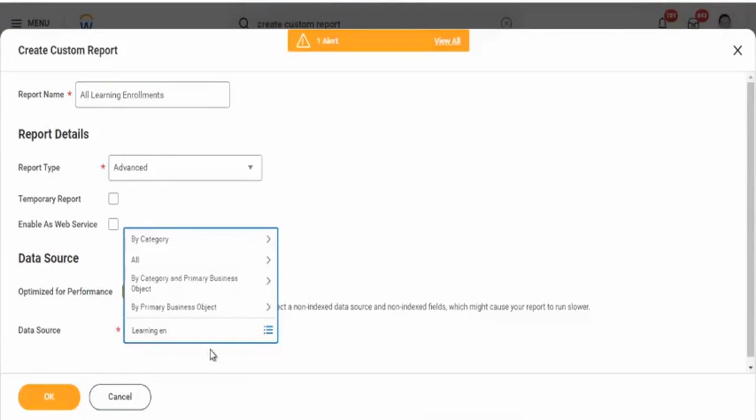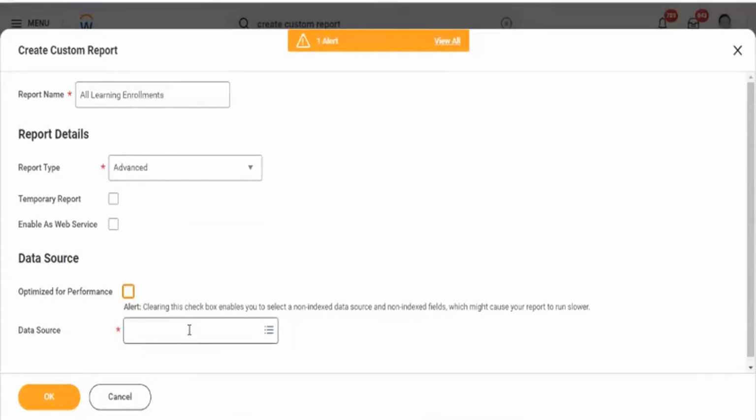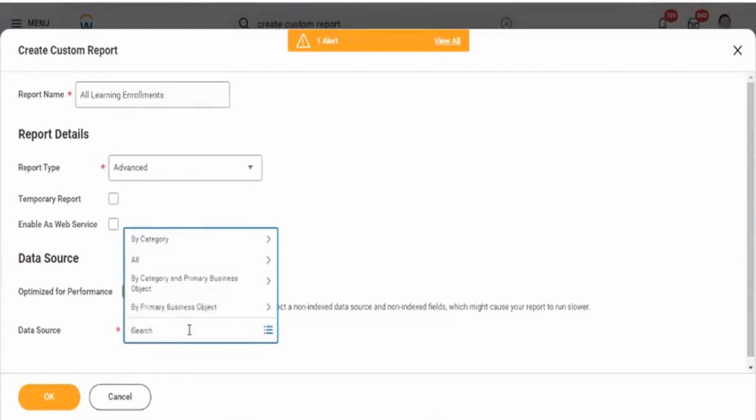What is a data source? Why are you selecting these? This is nothing but a kind of reporting topic. It's already configured by the Workday team. A report generally will already be configured, but for you to see in the session, I'm doing it from scratch.